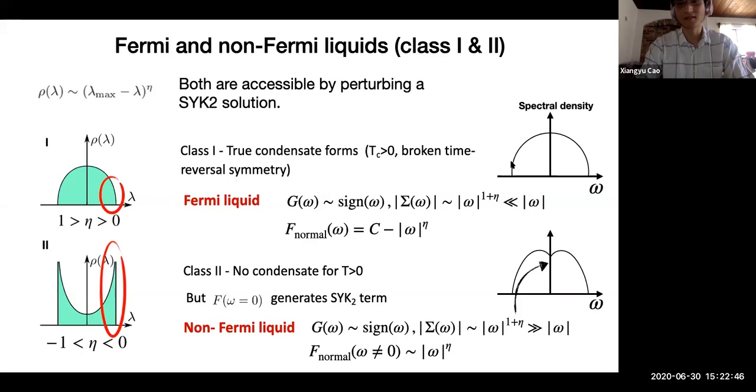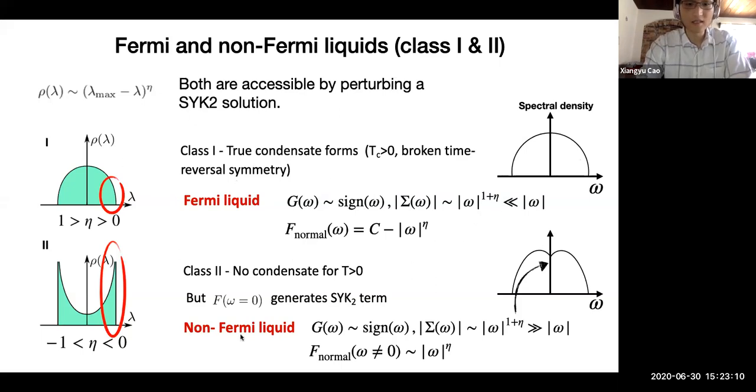So you will get a semicircular more or less as a spectral density, and you will have some quasiparticle decay, which qualifies the state as a Fermi liquid, although a bit anomalous. So this is for eta larger than 0, so with a vanishing edge.